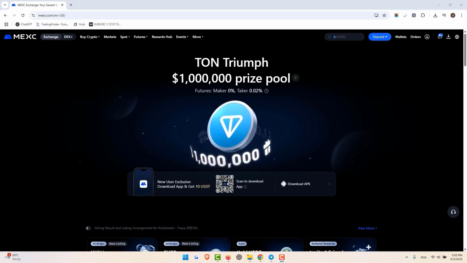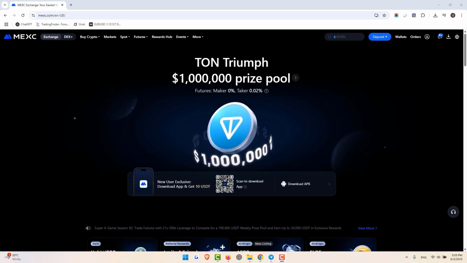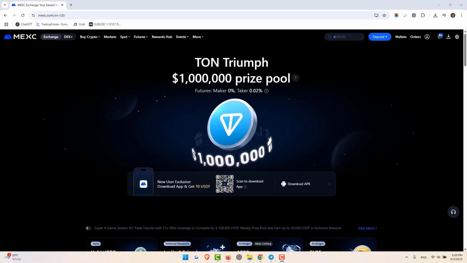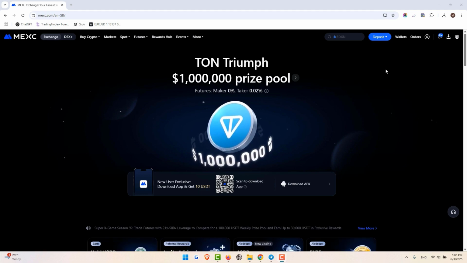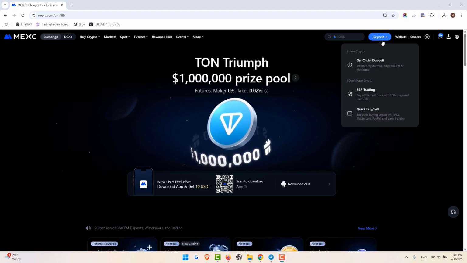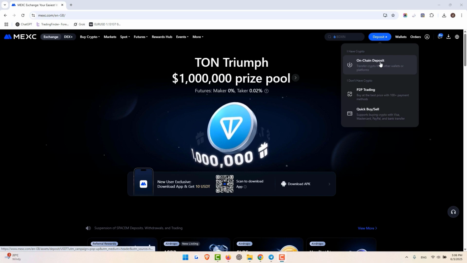We're here with a tutorial on how to deposit funds into your account on the MEXC Exchange. As you saw in the previous tutorial, we registered and completed identity verification on this exchange. Now to fund your account, you need to go to this menu and select the deposit option, then choose on-chain